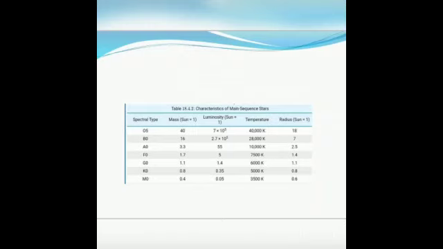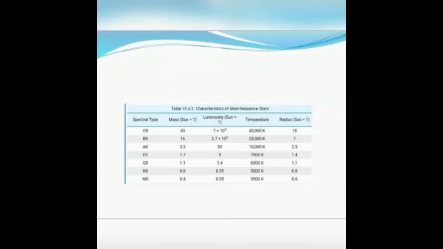So if we want to find the Sun's radius, or the Sun's size, as I told you, we just need two things: the luminosity and temperature. If you see the Sun's luminosity, it is 10 raised to 0, that is one luminosity. What about the temperature? It is 6,000. So if we have the HR diagram, we can easily find the luminosity and the temperature, because all the information is given in the HR diagram.